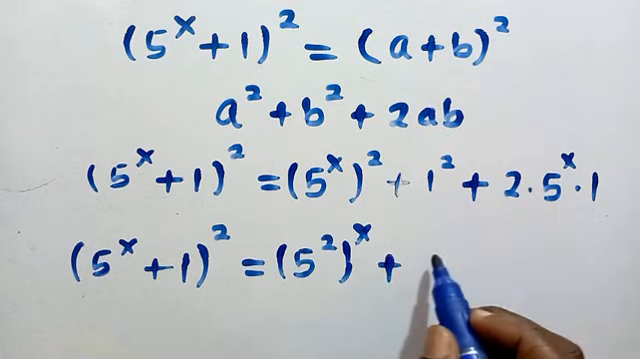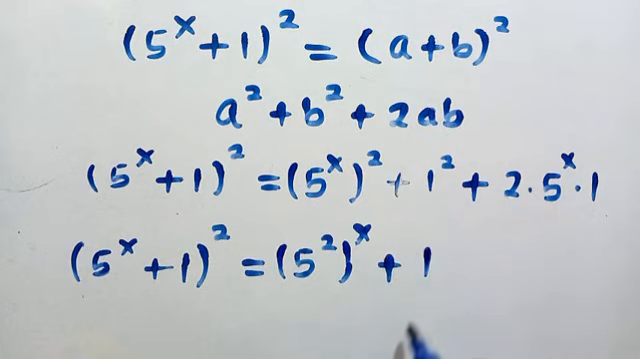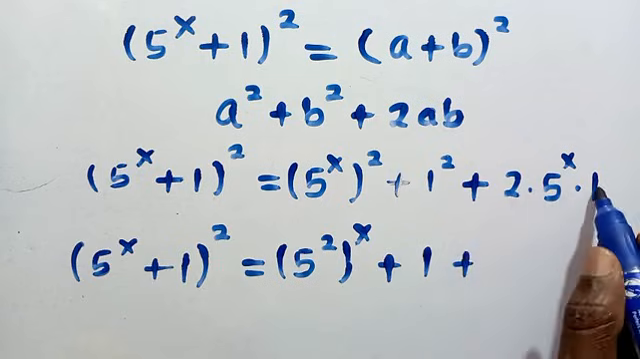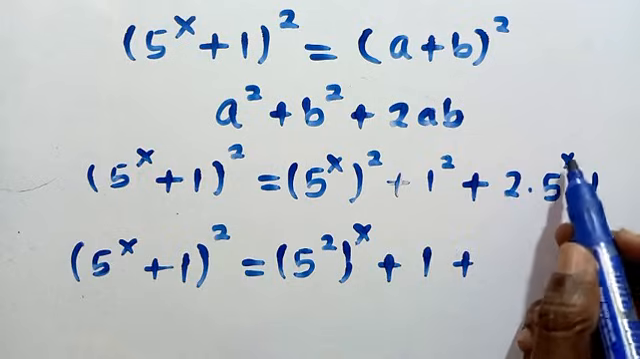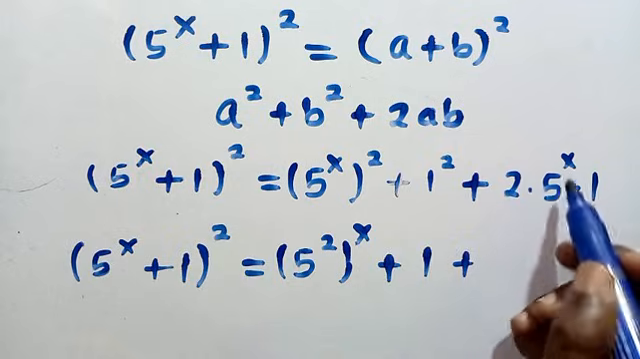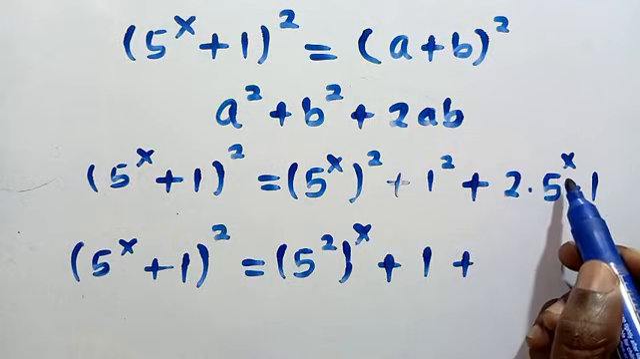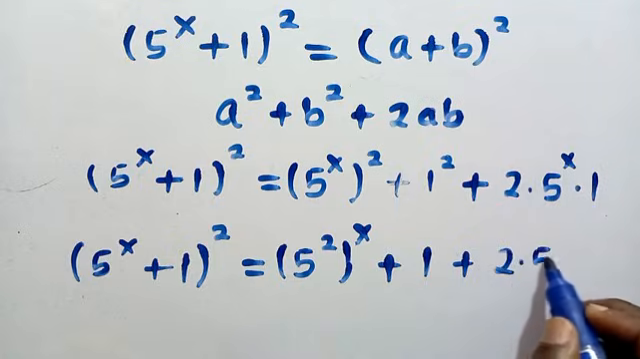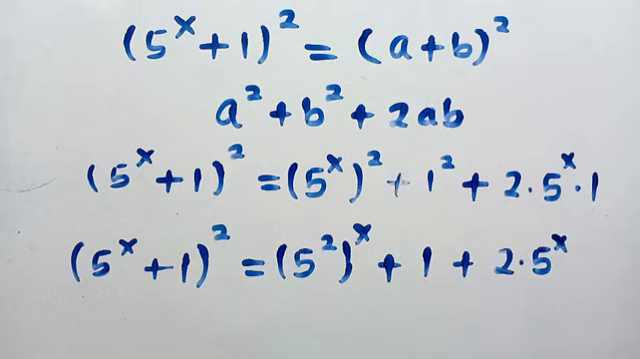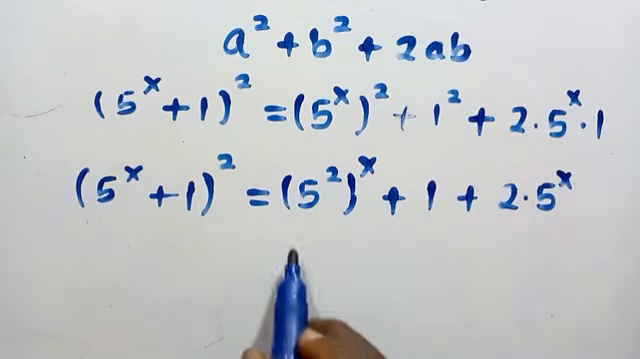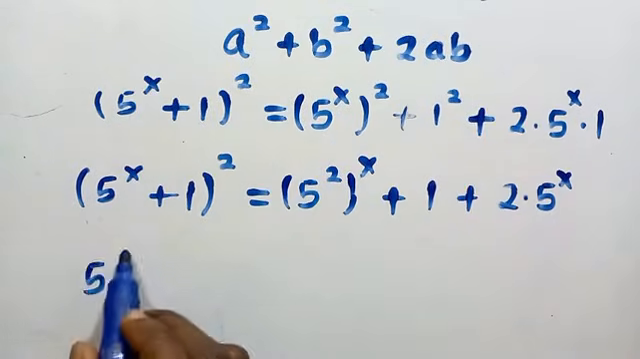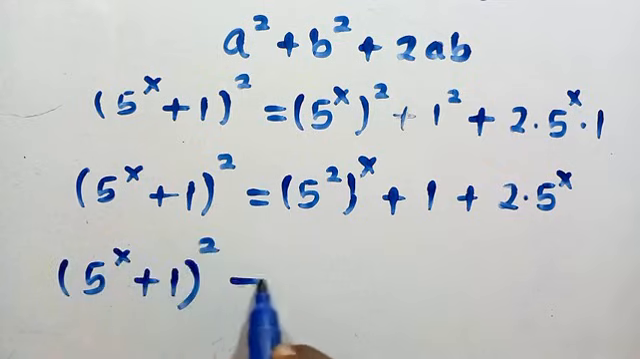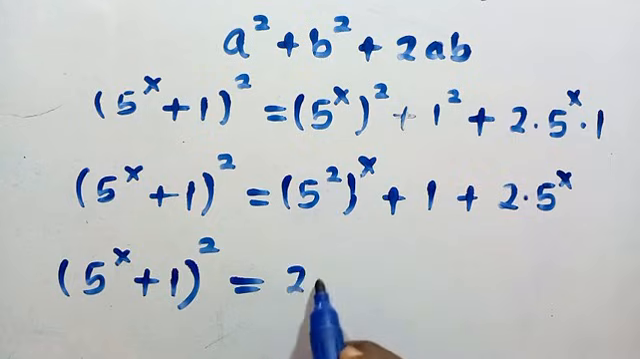plus 1 raised to the power 2, that is 1 times 1, and 1 times 1 is 1, plus also 2 times 5 times 1. Here 2 times 5 power x is not 10 power x, because this one has a variable at the power, so we have to leave it as it is, as 2 times 5 power of x. Then let's continue. We have 5 power x plus 1 raised to power 2 equals 5 power 2, that is